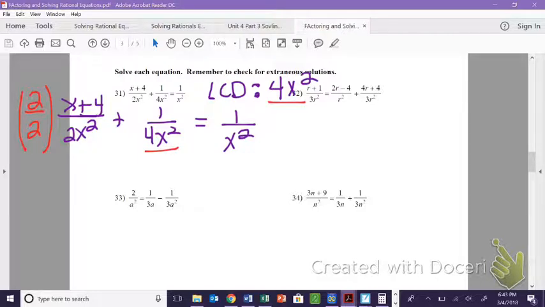Don't do anything. And then this one, x squared, what do I have to do to get it to match 4x squared, Autumn? Look at the 4. What do we need to multiply it by? 4. Yes, that's how old you are, remember? Okay, so this becomes,